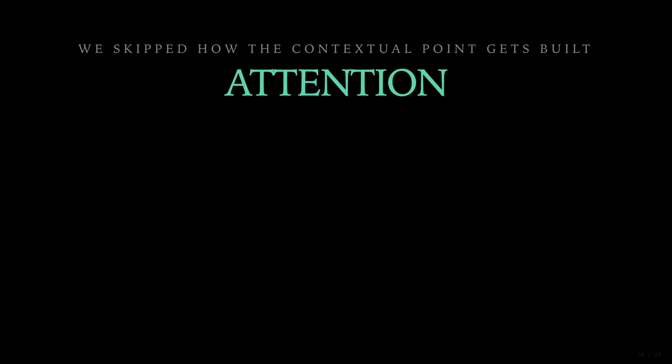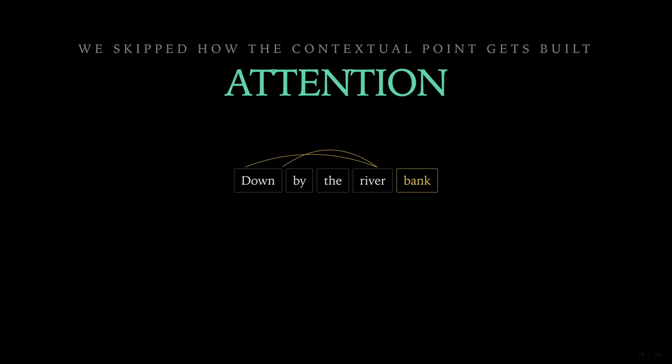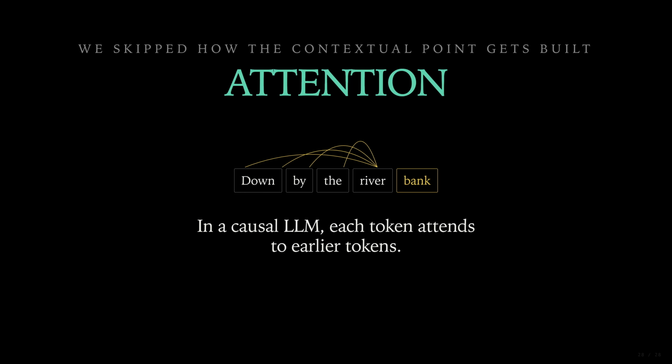One last thing, because we skipped how a modern model actually builds that contextual point. I told you the neighbors change the address, but I never told you how the model decides which neighbors matter. Take a sentence like "down by the river bank." By the time the model reaches "bank," the word "river" is what settles which kind of bank you meant. That mechanism is called attention. It is one of the key mechanisms that makes transformers work. Next time, the transformer,